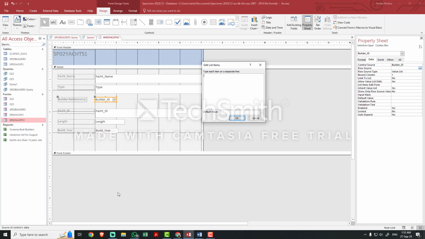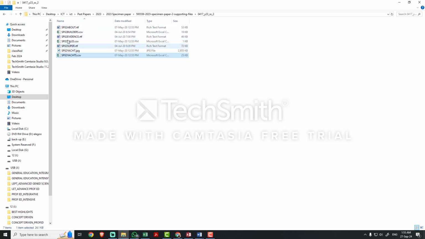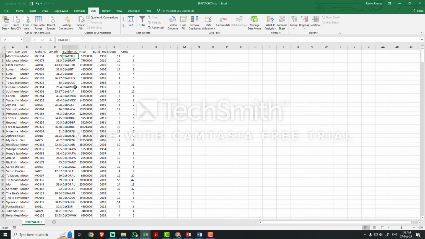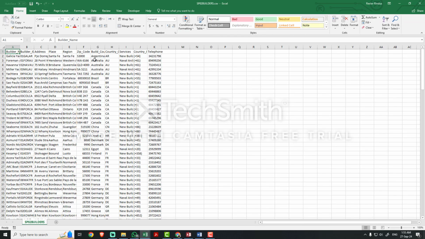To get that, the way I do it, the way my students do it, if that's limited to only a few options, you can simply type it. But if that field represents so much information, so many records, I suggest that you simply copy and paste it from the Excel. It should be the best way. You can take it from Excel. This is the 2023 specimen. It's going to be the builder, yes, the builder code, as we can say here.